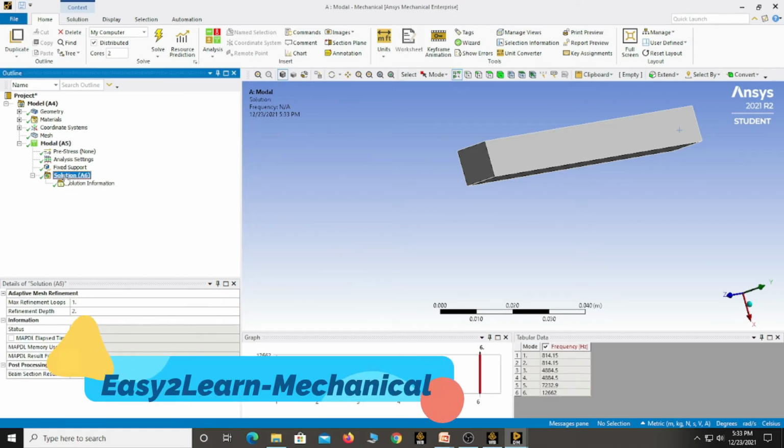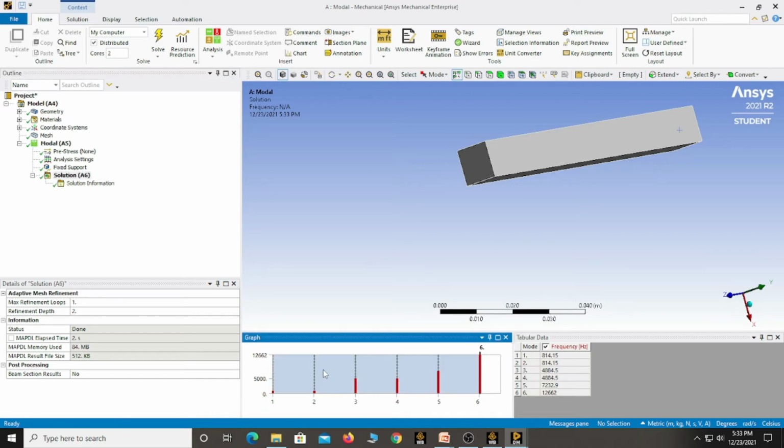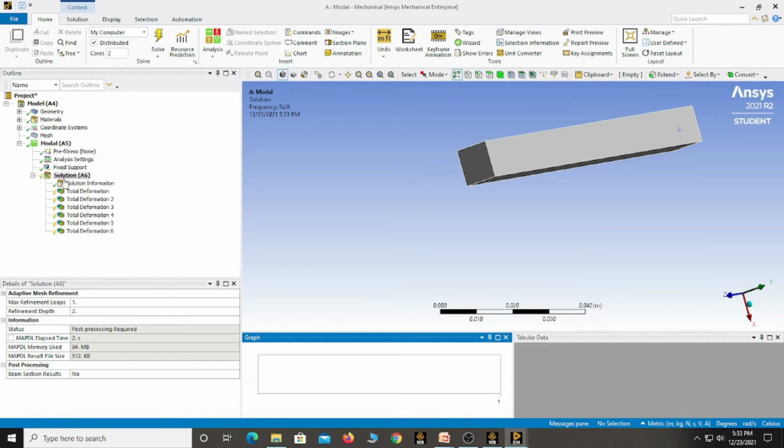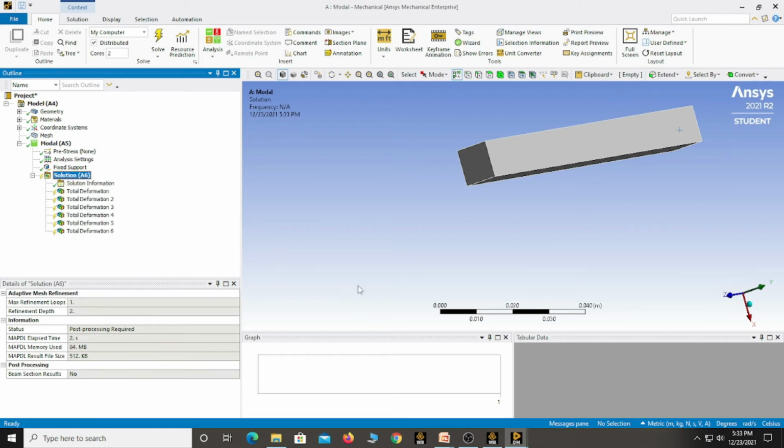Select the solution, you can see the frequency values. Right click on the graph, select all. Again right click on the graph, create mode shape result. Then to view the modes, right click on the solution, select evaluate all results.